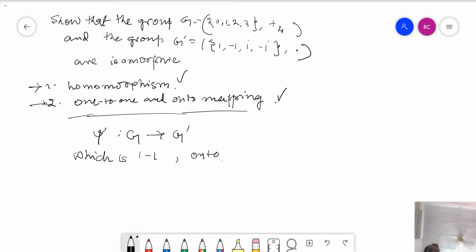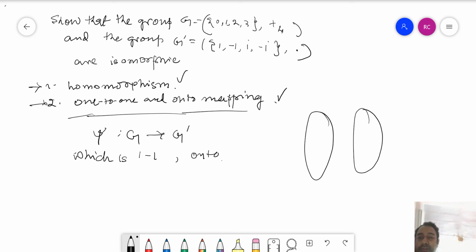Now, how do we do the mapping? So what is a mapping basically? Say this is G and this is G prime, and here are the elements of G: 0, 1, 2, 3, and here are the elements of G prime: 1, minus 1, i, and minus i. There has to be